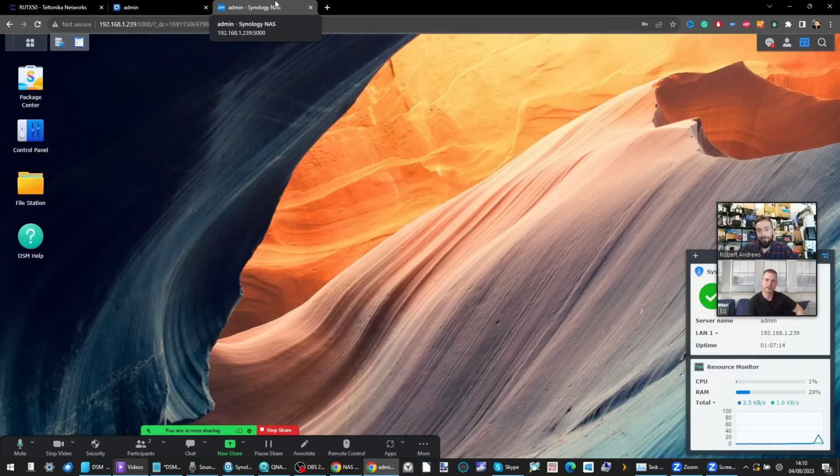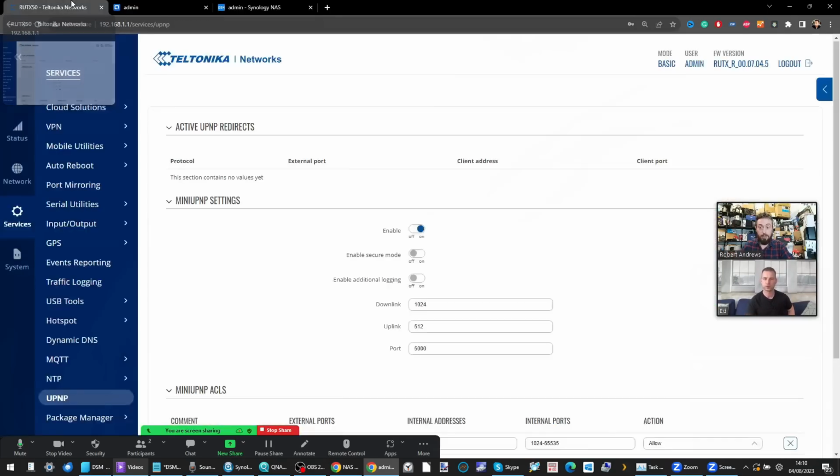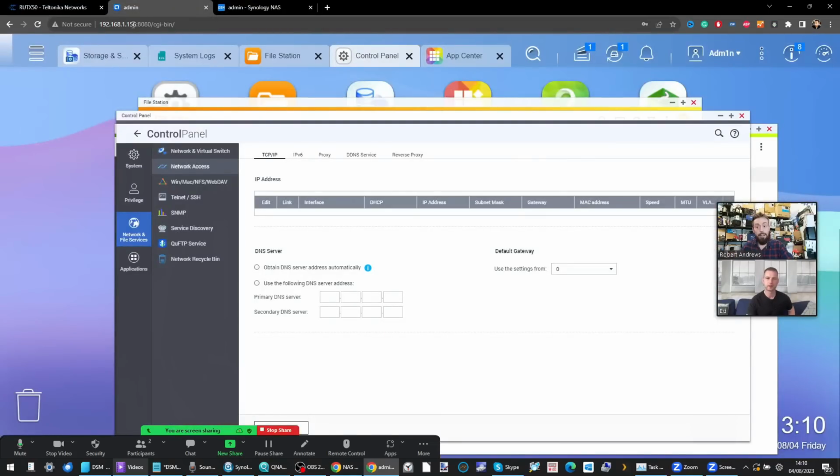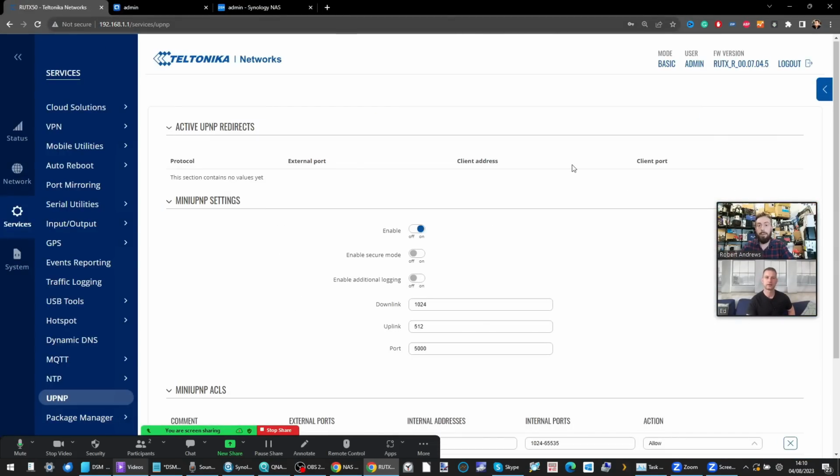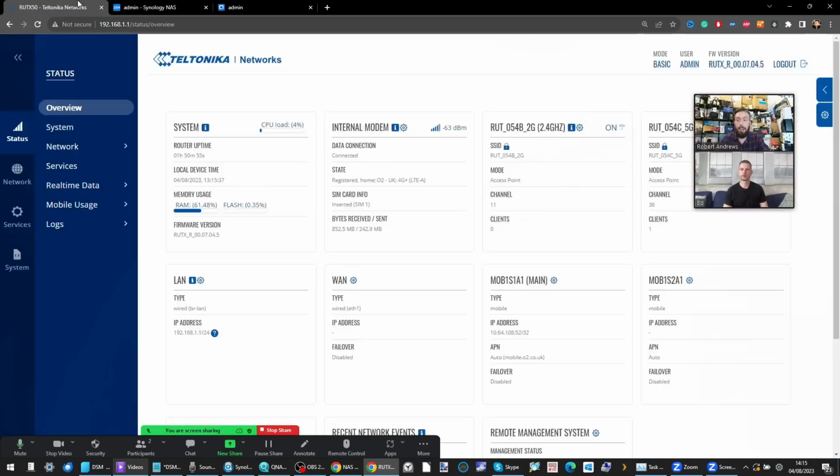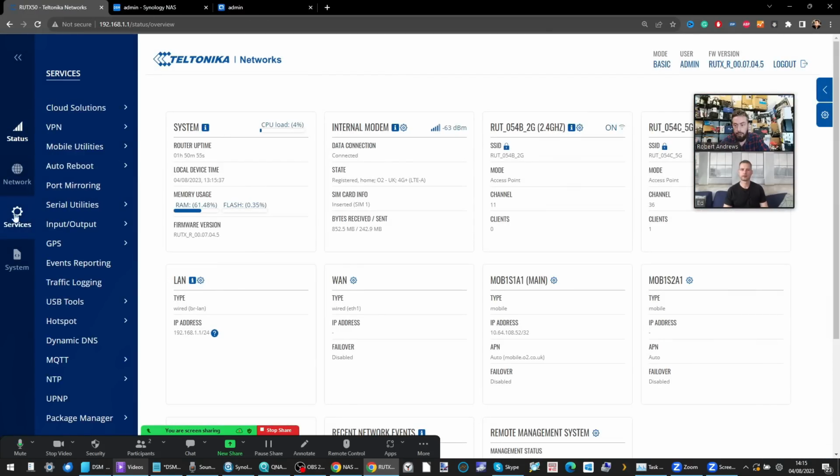I want to double check if you have opened those ports on your router for Synology, port 5000, 5001, and port 80 and 8080 for the QNAP. That's a good point. I have set up the NAS here to have those. Let's go into it there. Right, let's head over to the router there. Let's have a quick look.